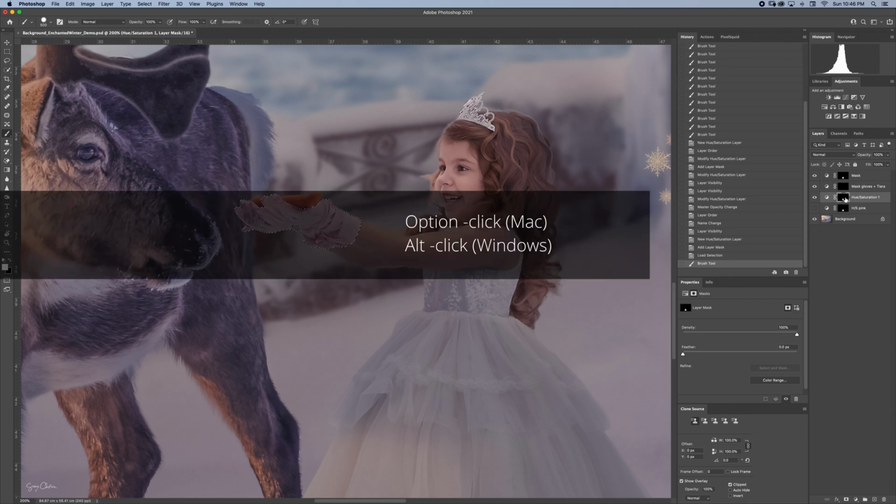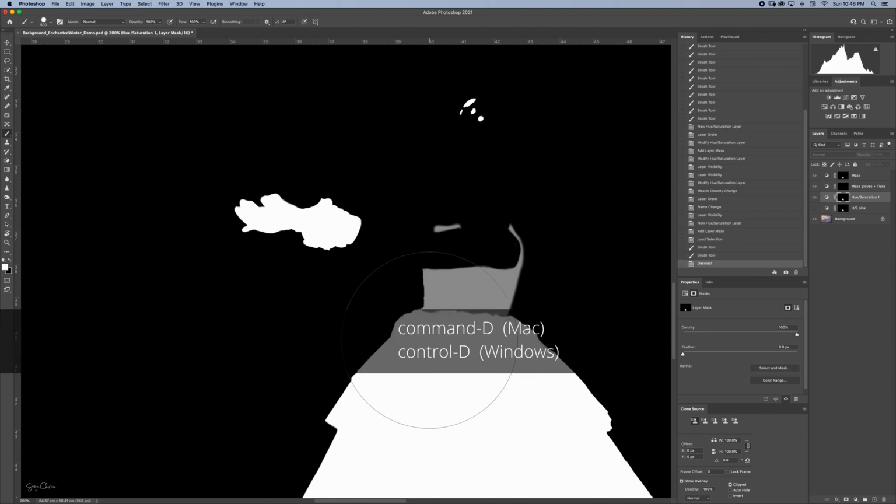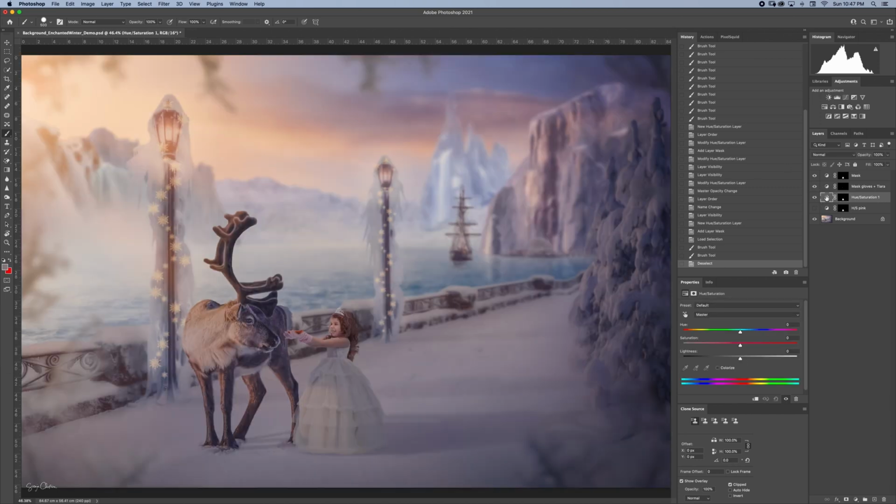I'm going to click option and I'm going to click into my layer mask and see with my white brush I can paint wherever I want to, and it doesn't matter because I can only affect the marching ants. Command D to get rid of the ants, Command 0 to get my full overview again, and clicking into the little half circle icon to get out of the layer mask. I'm going to label this one here HS Blue, and then I'm going to click Colorize, and everything is colorized, and we are going to take that hue slider and slide it towards the blues, and we want 235,